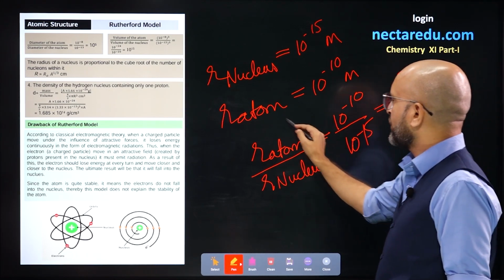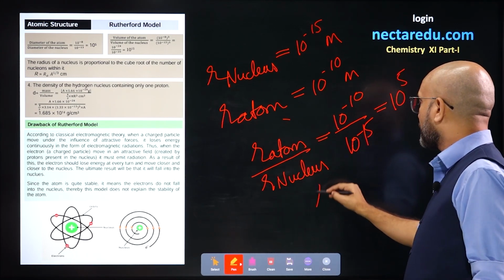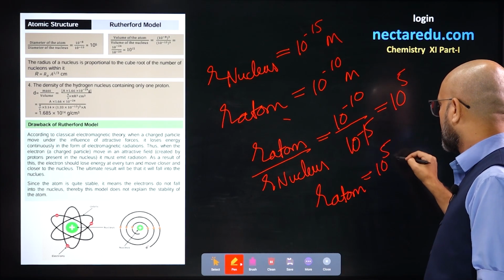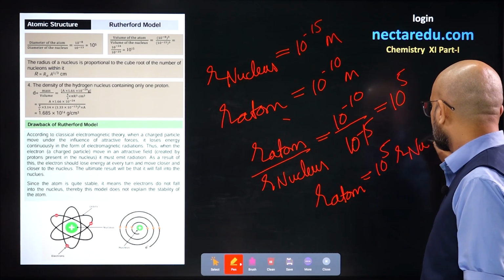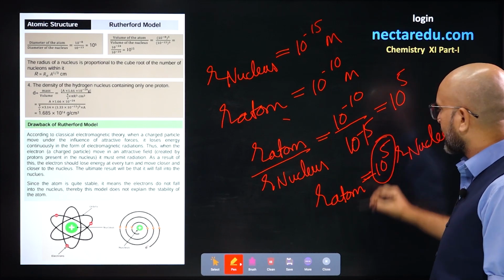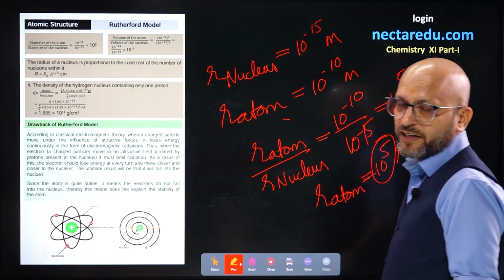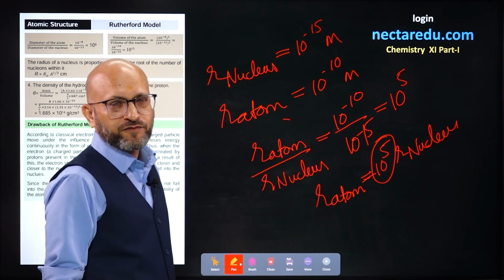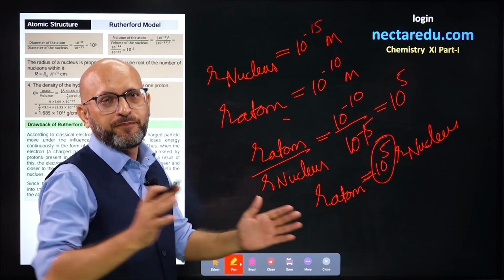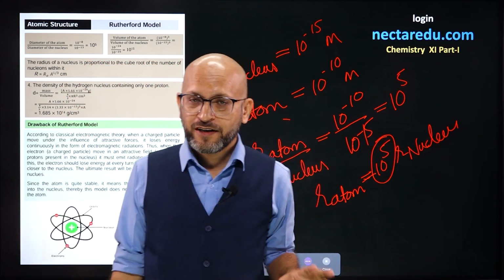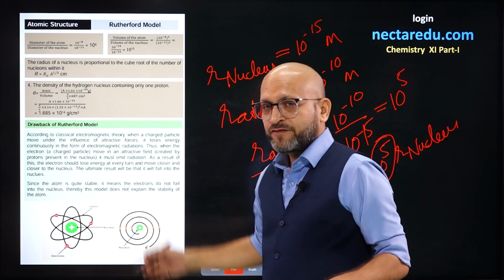That means the radius of the atom is 10 to the power 5 times the radius of the nucleus. Alright, that is 1 lakh times the radius of the nucleus. The radius of the atom is 1 lakh times the radius of the nucleus. So there is a big difference in the size of the nucleus and the size of the atom. Alright. In this page, we have discussed